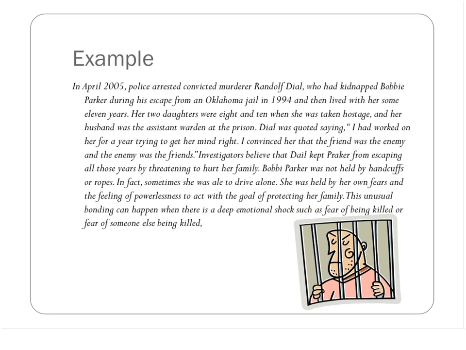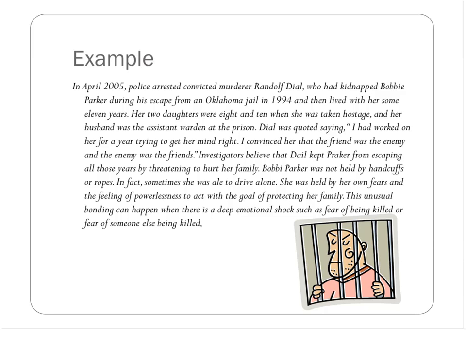So an example. This is a real case example. In April 2005, police arrested a convicted murderer called Randolph Dial, who had kidnapped Bobby Parker during his escape from an Oklahoma jail in 1994. And then he lived with her for some 11 years. Her two daughters were 8 and 10 when she was taken as hostage, and her husband was the assistant warden